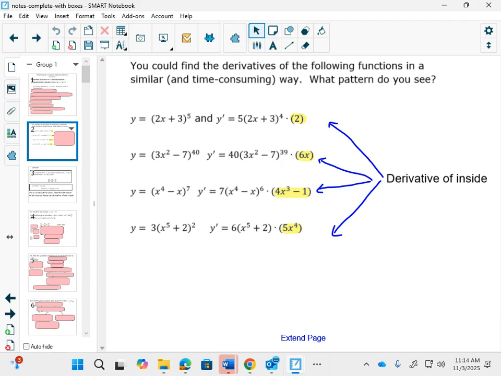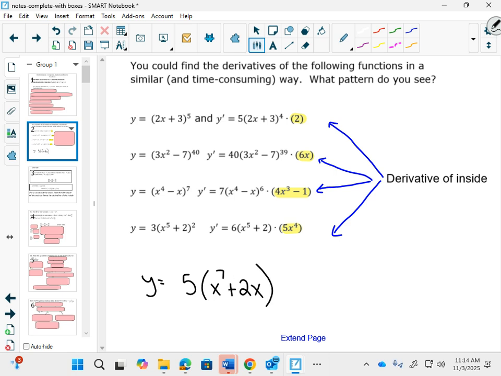And then look for a pattern. Does it not look like the power rule is used every single time? And then there's an extra factor that happens to be the derivative of the inside function. And so we're going to develop, I'm going to add one more here. If this is my original function,